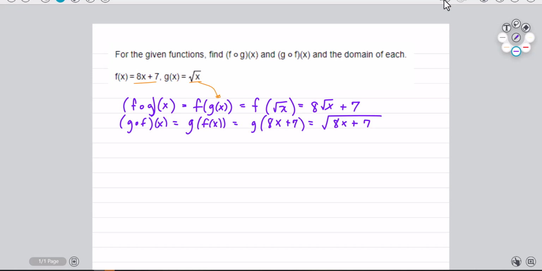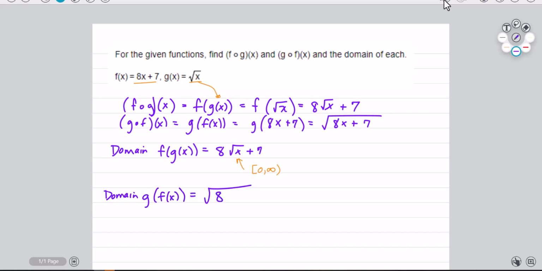All right, now it asks me to find the domain of my f of g of x, which was 8 square roots of x plus 7. I think the only issue is the square root has to be 0 or larger, so that would be my domain. If I'm looking at my domain of g of f of x, which was the square root of 8x